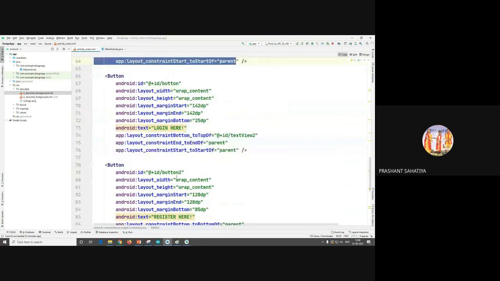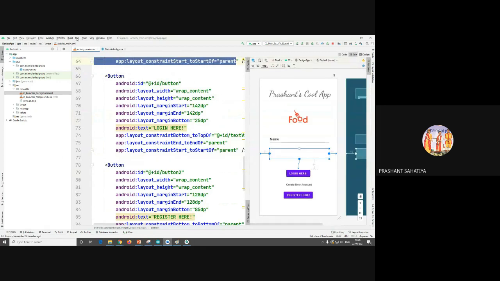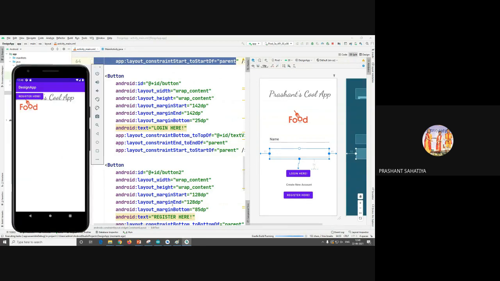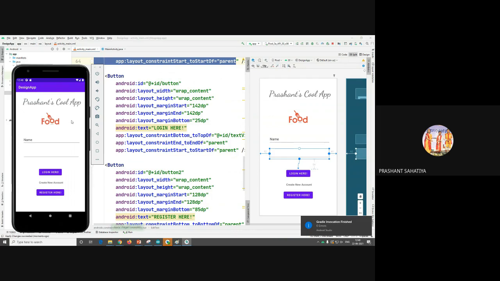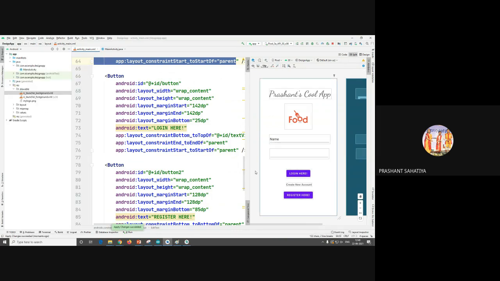Okay, fine. So let us go in design. Let us apply changes and restart activity. Do not run the whole app. Whatever the changes are made, only that will be reflected. So let us see whether it is running or not. Yes, so now it is looking somewhat similar to what we created.